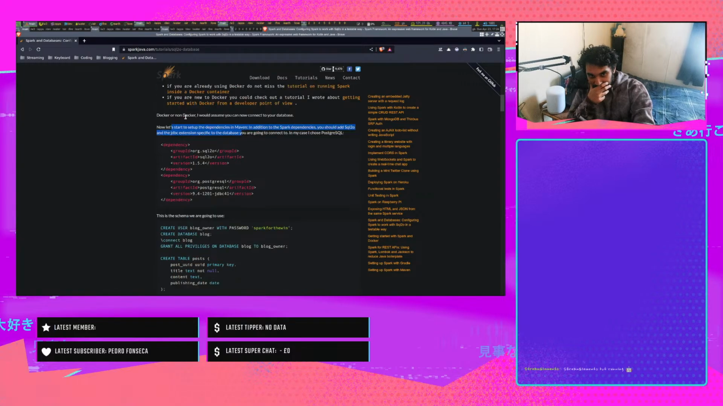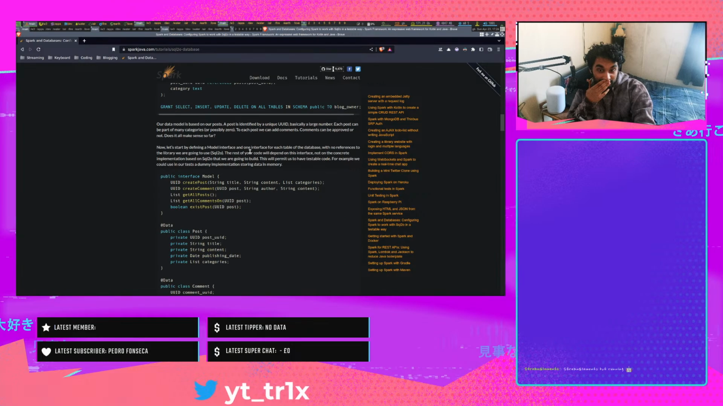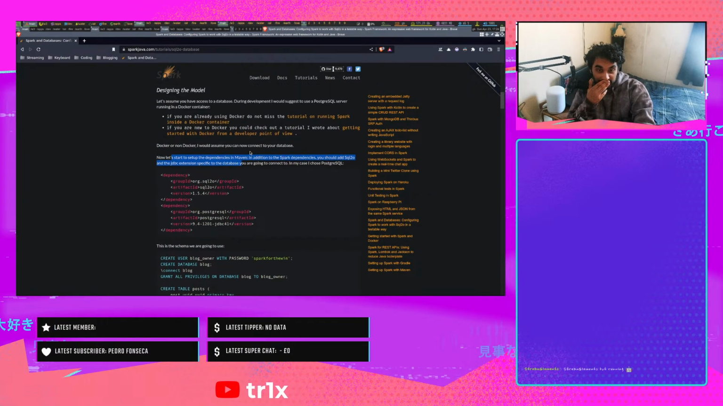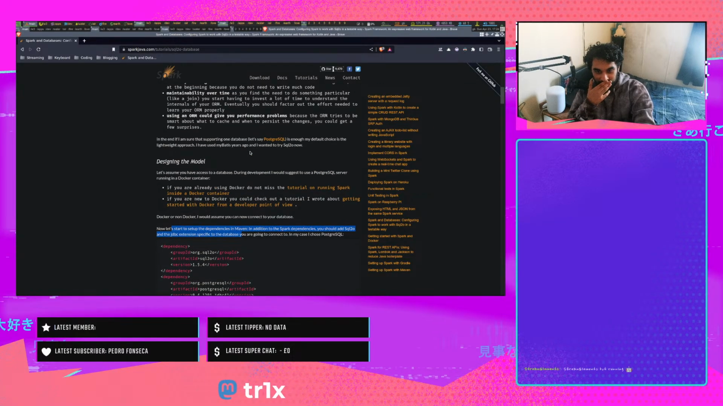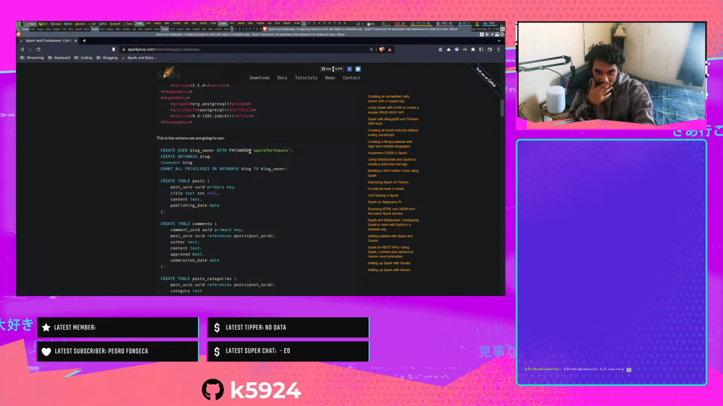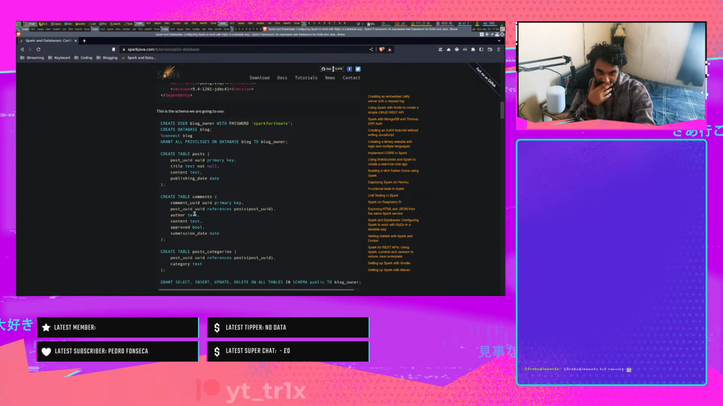I don't know if I'm going to start coding this, just because I don't want to install Postgres right now. Postgres is going to take a while to install. Basically, what I'm thinking right now is I might not need to install Postgres, but I could install a different